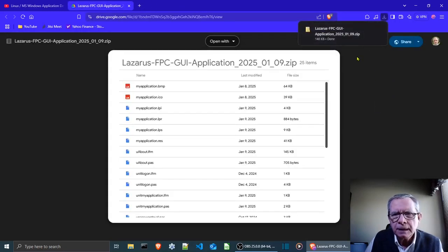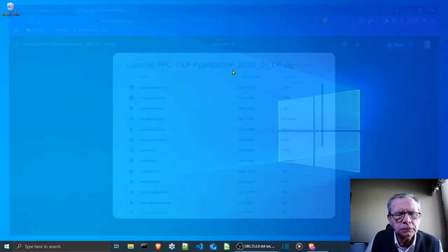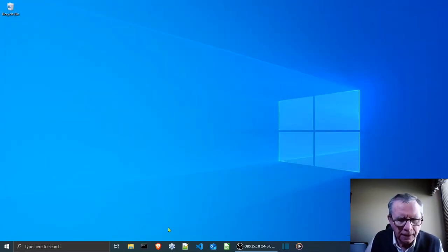Okay. Now it's downloaded that into the Downloads directory on my system. So we're done with this. We don't need to do any more with this, so we can close the browser. Okay, close all. And now, if we go into our File Explorer,